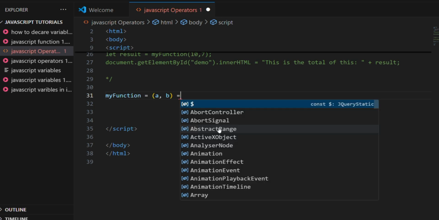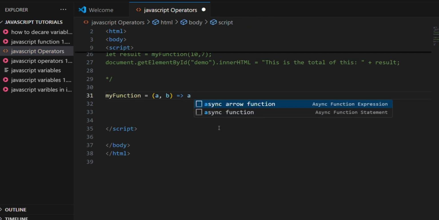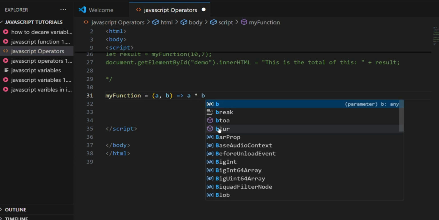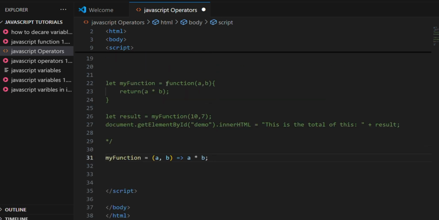Then in front of the equals to sign, without making a space, I will come up with the comparison arrow sign, which is this, and then make a space and say a space times b, which I'm going to enclose with semicolon. And now as you see, this is the shorter way of writing this function we wrote up here. This one we used the syntax of the function expression to write here. You can see that it's a bit longer, but this one down here, the arrow function, is the shorter way